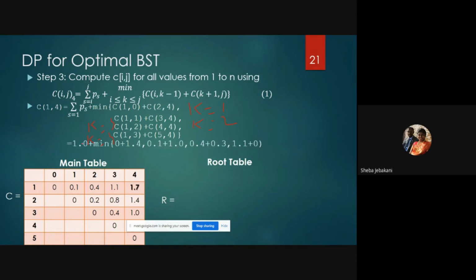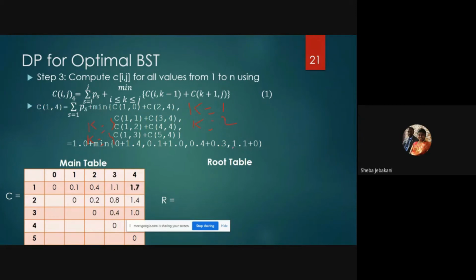So if you see, 1.0 is the value that I got when I've added all these four values. Okay, that is 0.4 plus 0.3 is 0.7. 0.7 plus 0.1 is 0.8. Then plus 0.2 is 1.0. So the total value we've got is 1.0 plus minimum of, for this I got 1.4. The next one I'm getting 1.1.